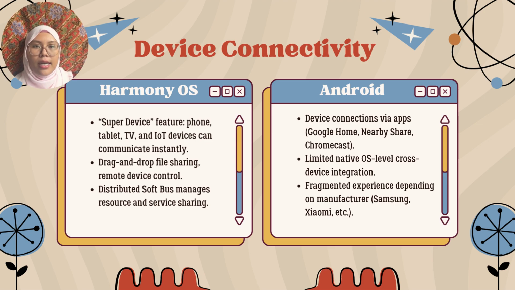In contrast, Android relies on applications such as Google Home, Nearby Share, and Chromecast for device connection. There is limited native OS level integration, and the experience can vary depending on the manufacturer such as Samsung or Xiaomi. Overall, HarmonyOS offers a